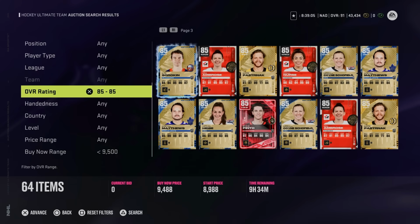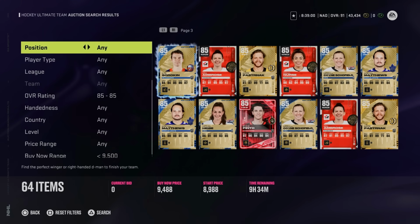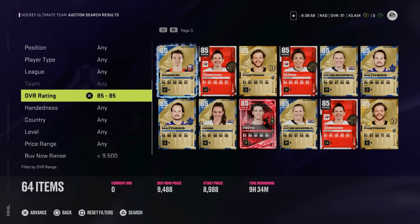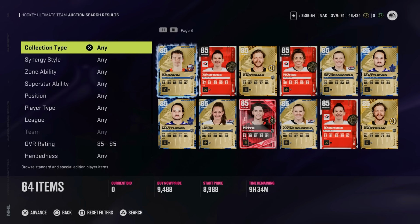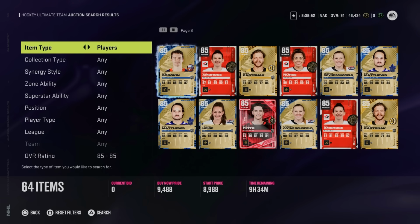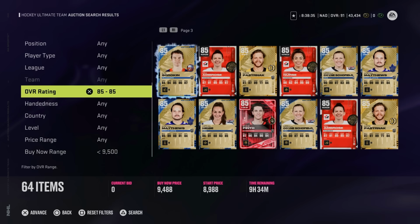One other thing to note, I'm not going to set a price point for you guys, but take a look at the auction house and go through the actual overall ratings. If you see one of these Stadium Series cards that are going for the bare minimum of what the overall of that card is, go out and buy it, because if they win, you move up one, they will go a +1, and if they lose, you've essentially just broken even no matter what, because you got it for the bare minimum. So I'm not going to set a price, but just have an eye for that because it's very